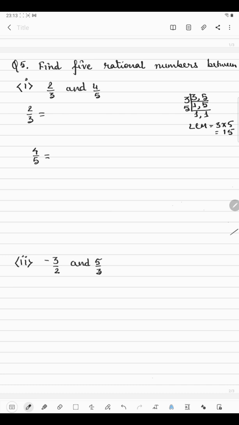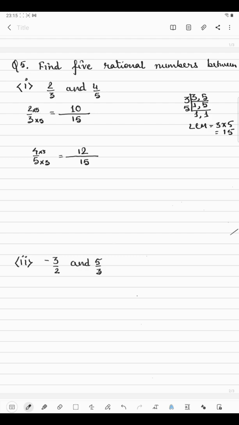Okay. Now here in the denominator it will be 15. Now what should be multiplied with the denominator to get 15? It will be 5, because 3 5s are 15, and the same number will be multiplied with the numerator. So we will get 10 by 15. Here also we will have to make the denominator same. This is called equivalent fraction. So what will you do in this case? We will have to again multiply by 3 to get the same denominator, and here also we will multiply by the same. So here we are getting 12 by 15.